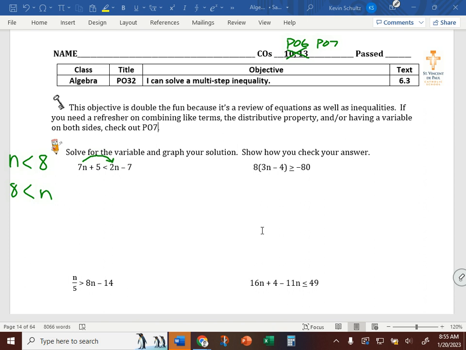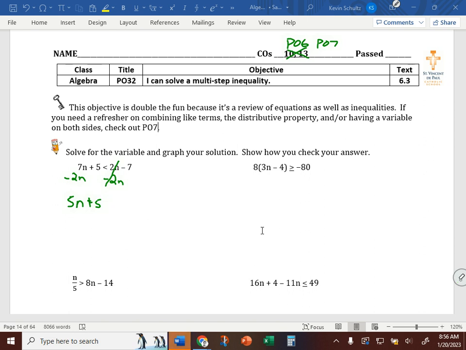So it's going to behoove you, big boy word for benefit you, to get your variables on the left side. Not only do we avoid our negative coefficient, which would cause us to flip our sign here, but we also keep our variables on the left, which just translates better to the graph. So we are going to use opposite operations to move, since we are moving it from one side to the other. Subtract 2n. And we have 5n plus 5